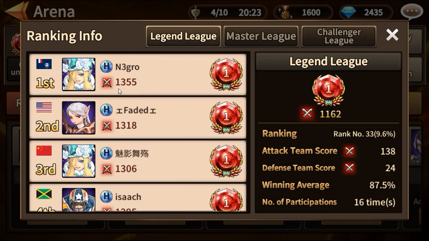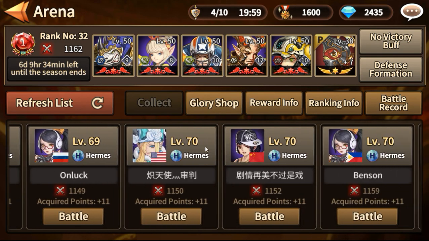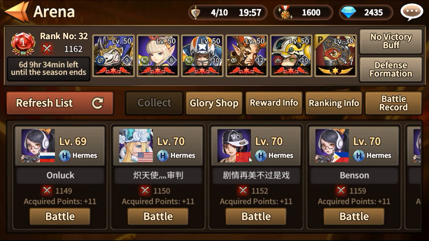And the last one is what I'm using: one initiator, two nukers, one utility and one healer. What do I mean by that? Well, this is my initiator. I've got two nukers, I've got a utility, and I've got a healer. This does two things, a healer and a utility. But most of the time what I use is, okay, if I'm gonna attack someone,